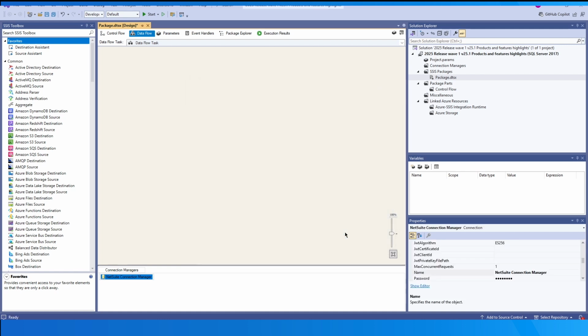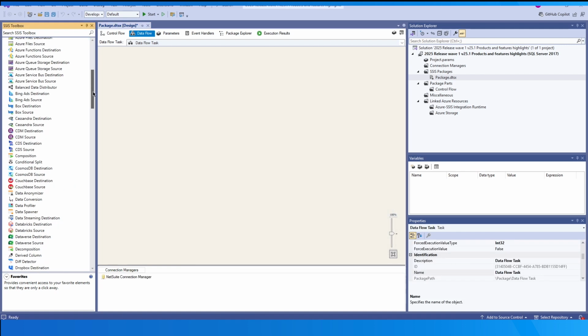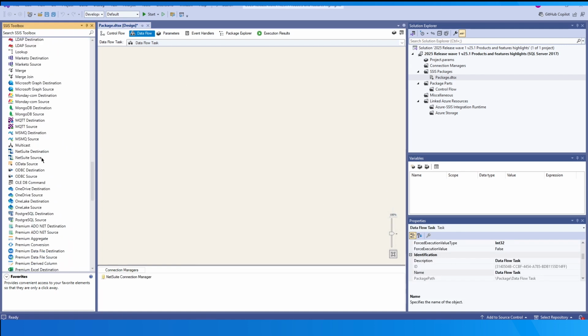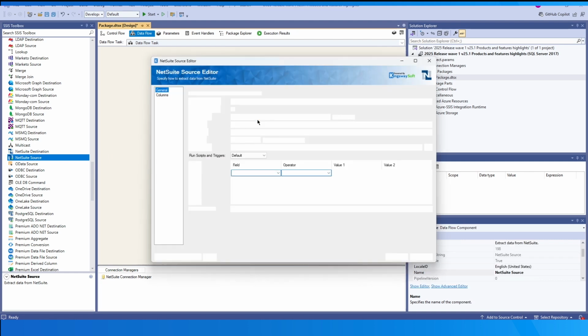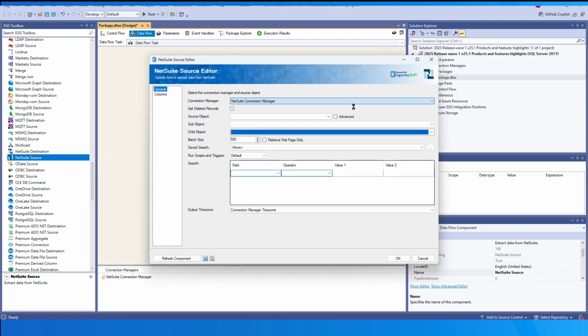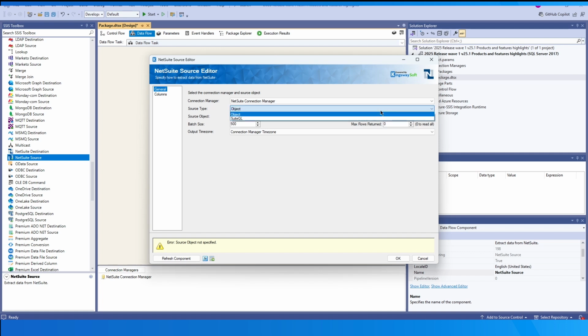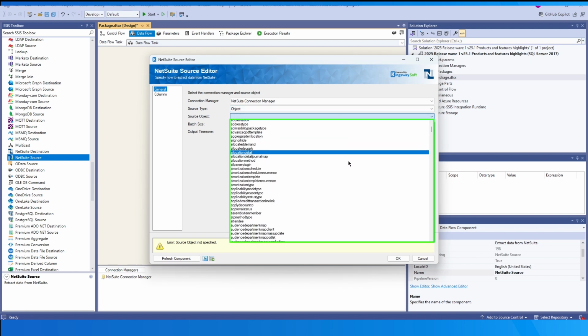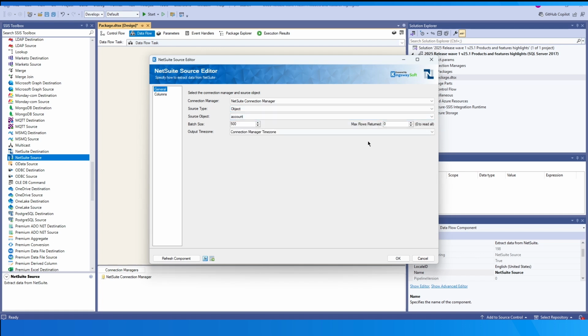And now, let's take a look at the NetSuite source component using the REST connection. In the NetSuite source component, once the connection is chosen, you would note that this is different from how the SOAP-based settings are. Select the source type, in which both object and SuiteQL are supported. Let's choose object for now, which lets you pick the object and metadata from the dropdown.